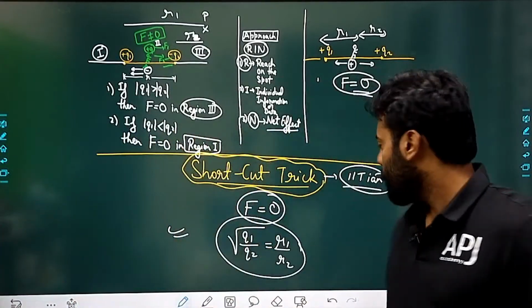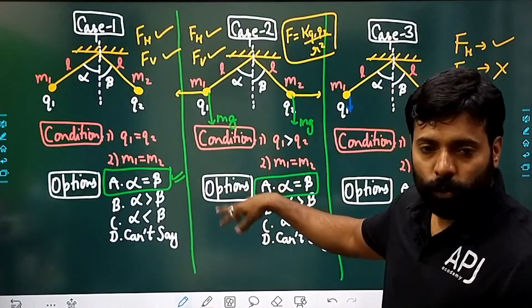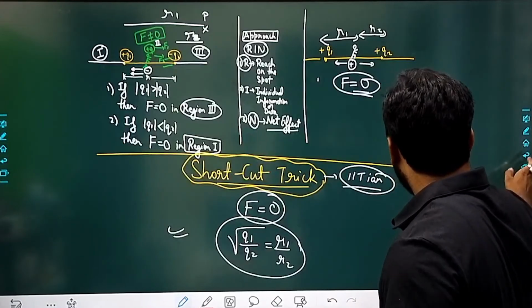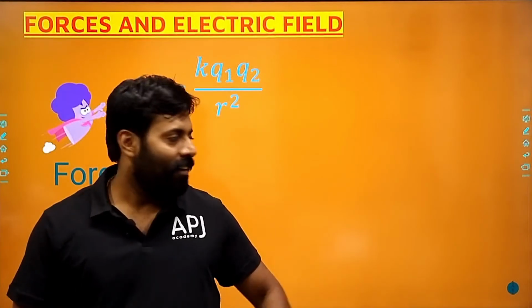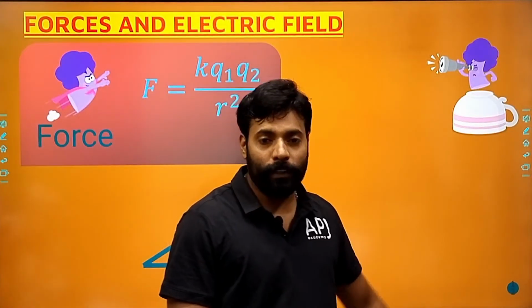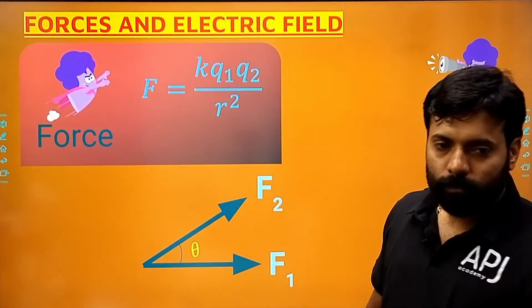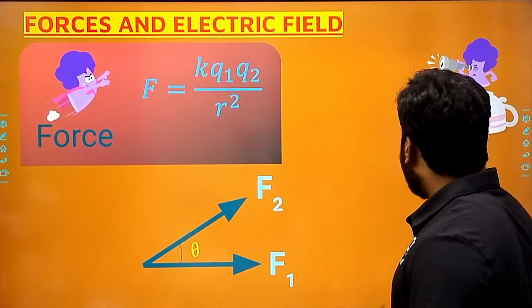Is it clear? These two examples are clear. These two examples are basics. If we have to go and solve the numericals, right? The other basic thing is,